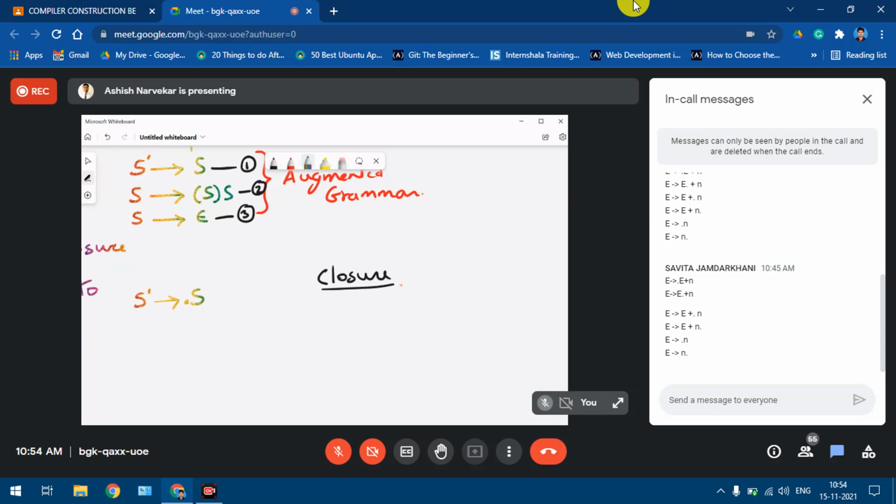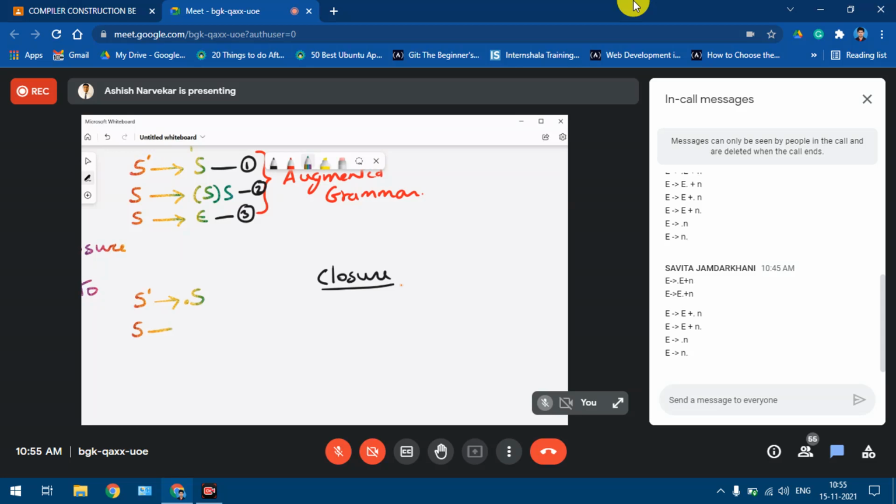Now the meaning of closure is, if there is some non-terminal on the right hand side which has a dot towards its left, like in this production the non-terminal S has a dot on its left, that means in order to form the set of items, I'll have to apply closure. Applying closure means I'll have to write down all the productions of S like this.